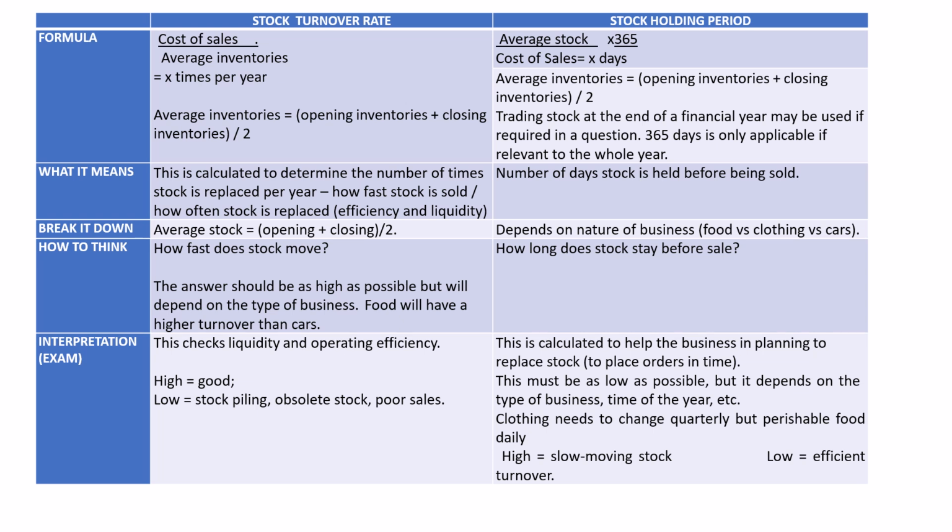Now let's look at the formula for stock holding period. So it's average stock divided by cost of sales. Now average stock, it's your opening stock plus your closing stock divided by 2. Now nowadays they ask you at the end of the financial year, for how many days do you have stock left? So if we say for how many days do we have stock left, we don't take your average stock, we take our closing stock. And then we multiply by the number of days that we've sold the stock in the previous year.